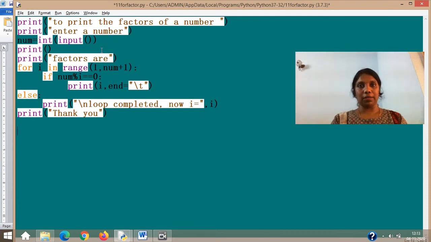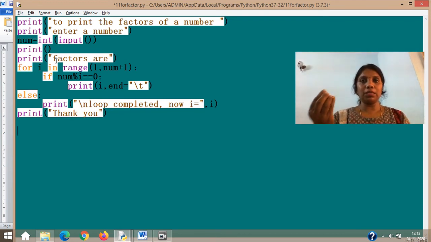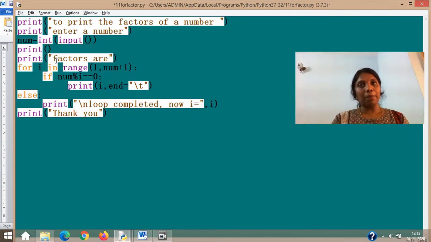6 percentage 3, correct. I mean, when I said 6 percentage 4 it's wrong, actually what I'm saying is, if the remainder is 0, then the number is considered a factor of it. So the same technique is used here. You will take a number, for example 6. So I will start my range. You have to think about how I will start my range. I can start from 1, or I can start from 6 also.